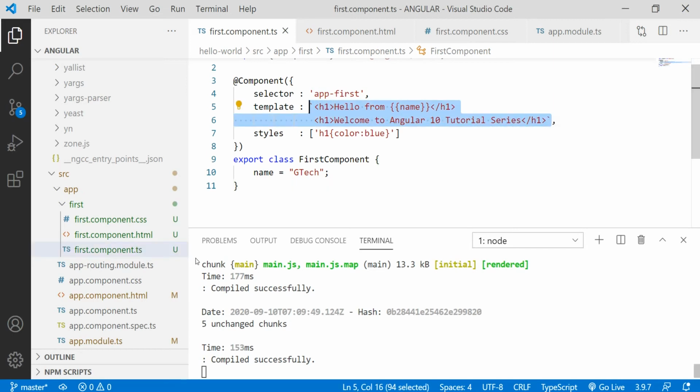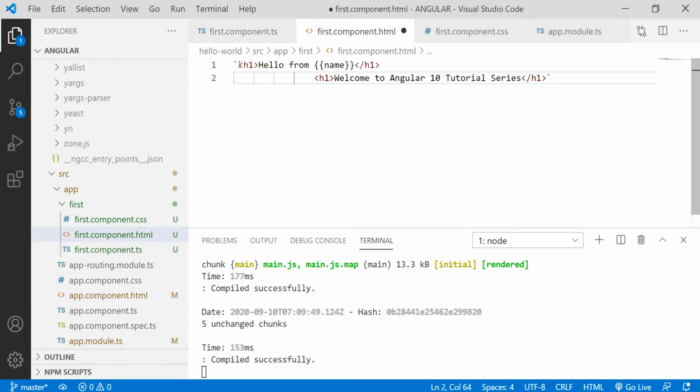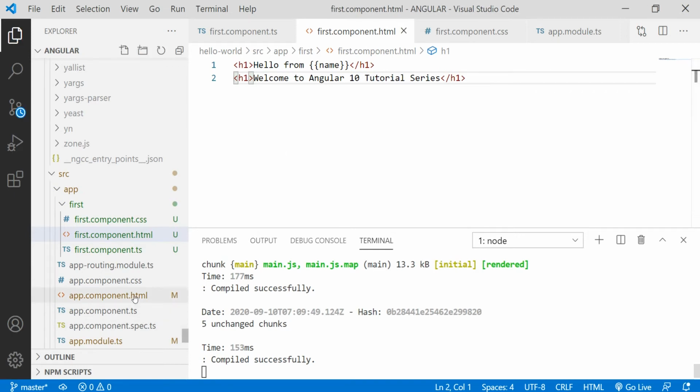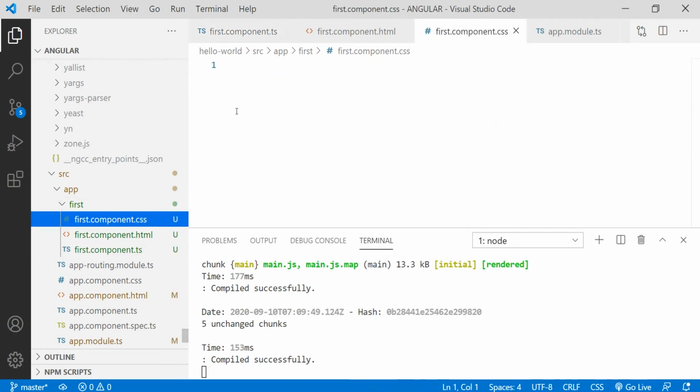Yeah, we need not use backtick when we are using external templating. And let me copy the CSS as well. Let me copy this h1 style into first.component.css.